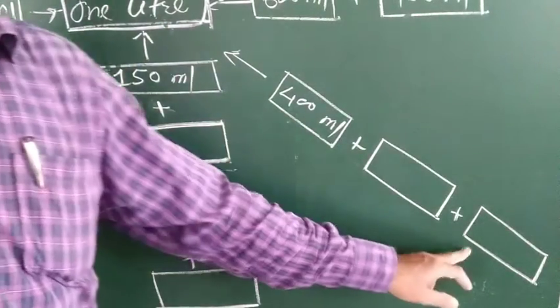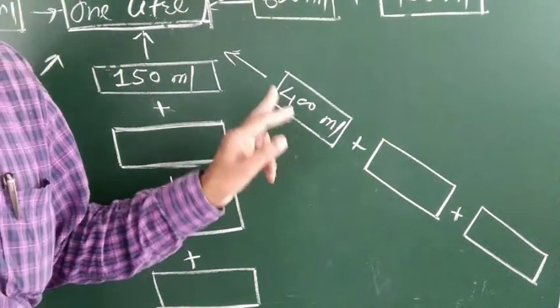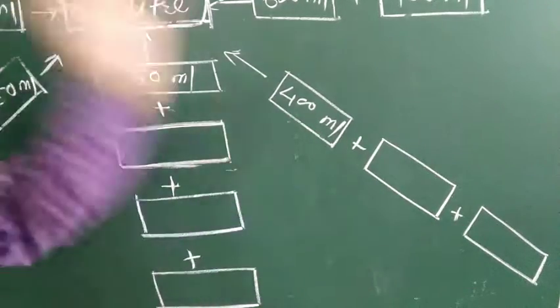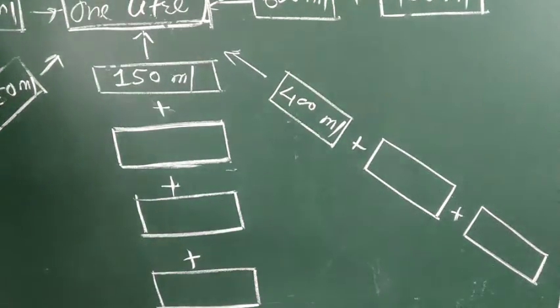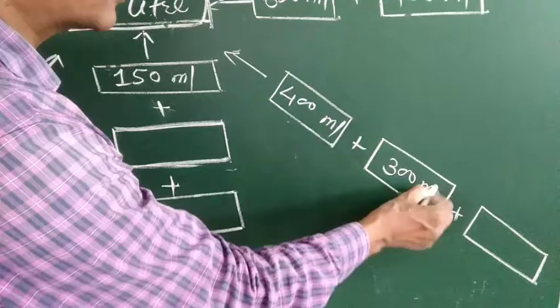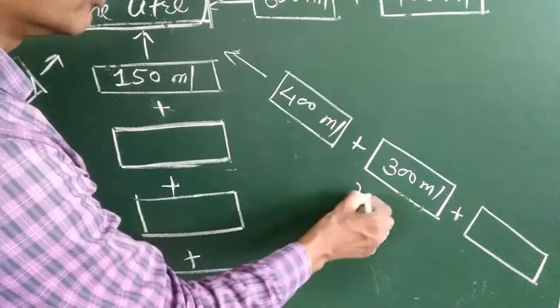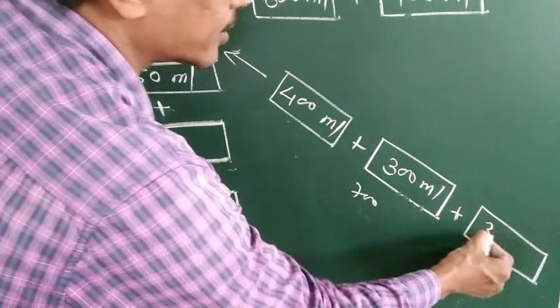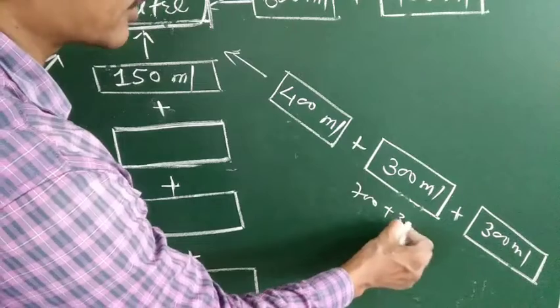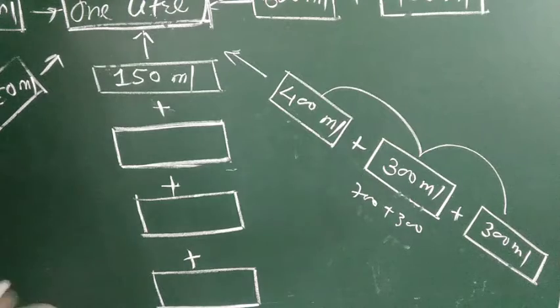Now next, see, in this part there are 3 boxes, and out of these 3 boxes, only 1 box is already filled. It is 400 ml. Now we have to complete these 2 boxes to make it equal to 1 liter. You can write different measurements here. If I write 300 ml, अगर मैंने यहाँ पर 300 लिख दिया बेटा, तो क्या होगा? See, 400 plus 300 is equal to 700, and now again we have to write here 300. Then देखिए 700 plus 300, 4 plus 3 is 7, 7 plus 3 is 1000. 1000 means 1 liter. So this way also we can finish.